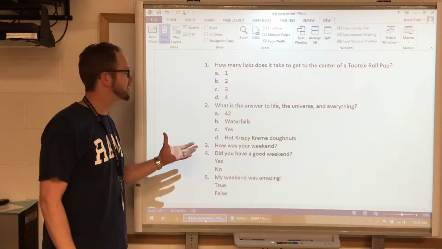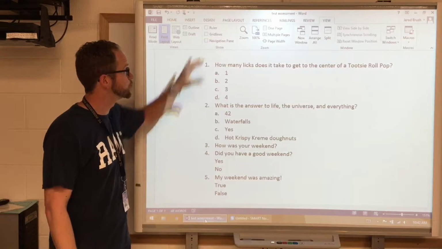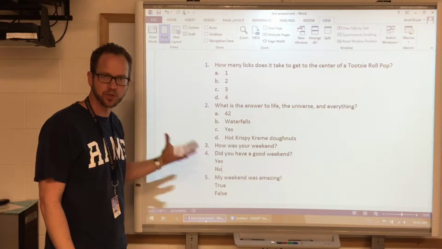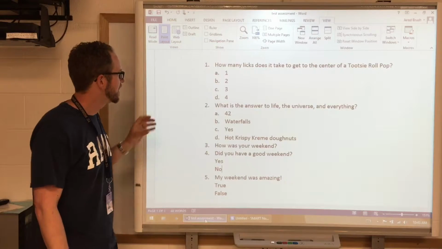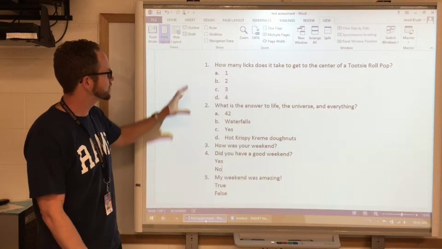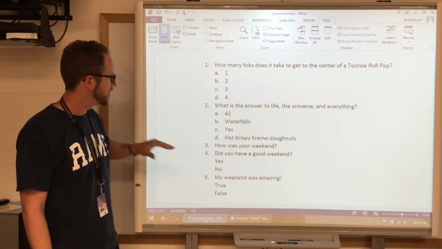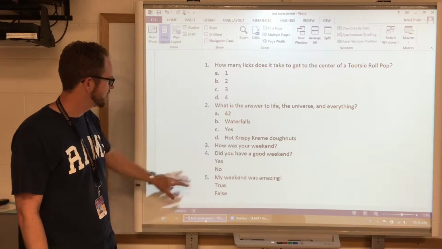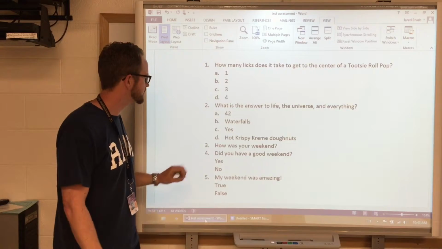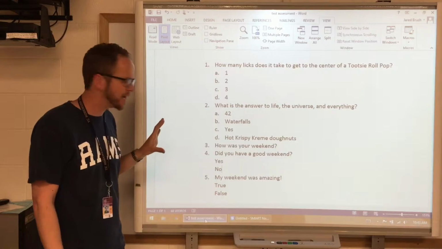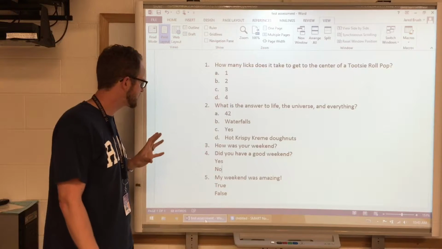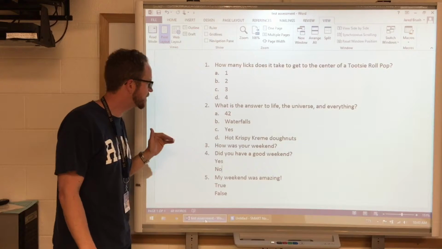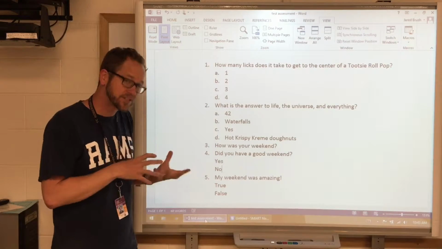Okay, so here I have an assessment created in Microsoft Word that I would like to import into SMART Notebook. Now, I tried to mix up the types of questions: a couple of multiple choice, an open-ended question, a yes or no, and a true-false. We'll see it happen. I ran through this a couple times with different options, and the big downside to this,